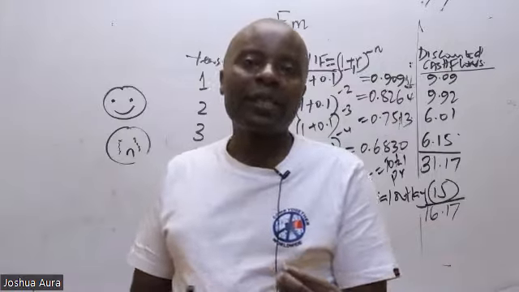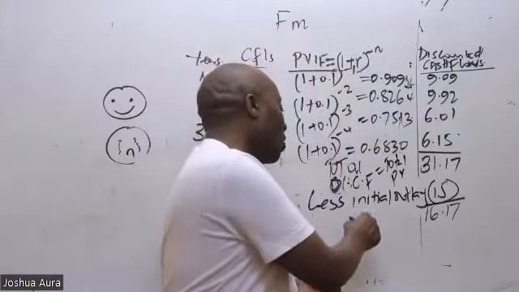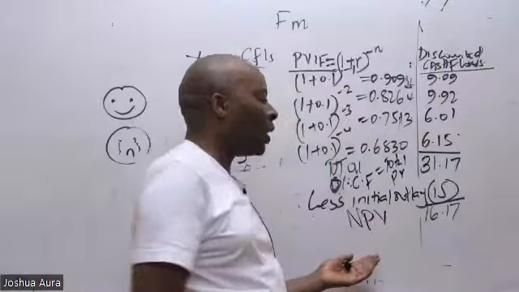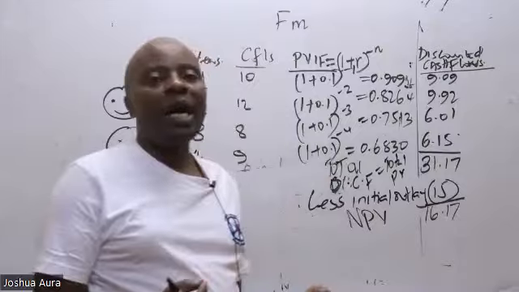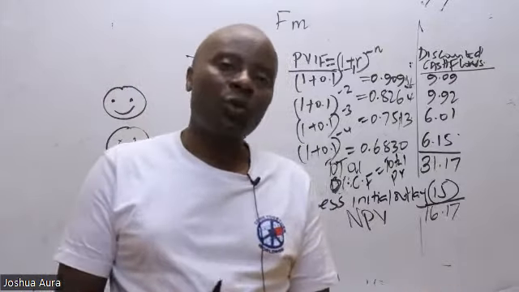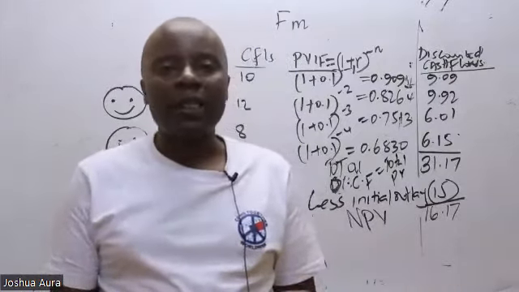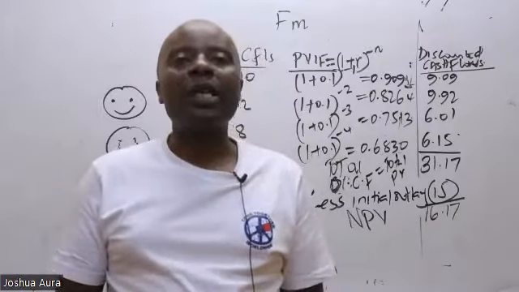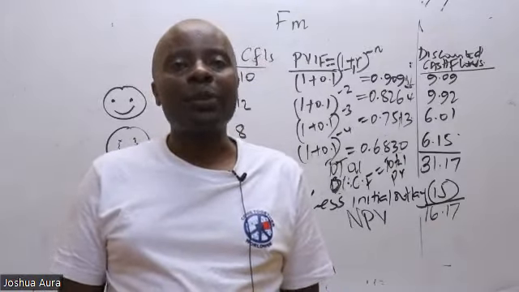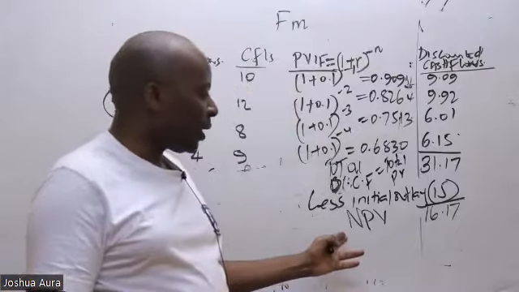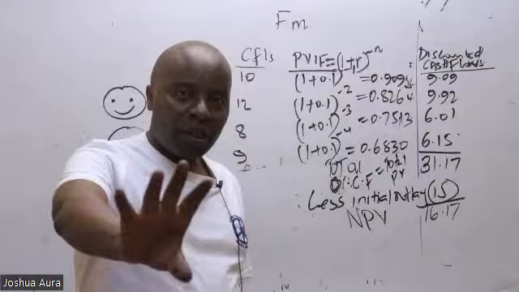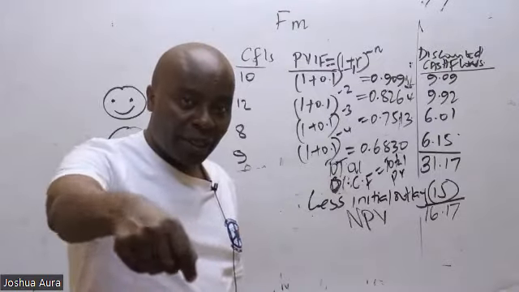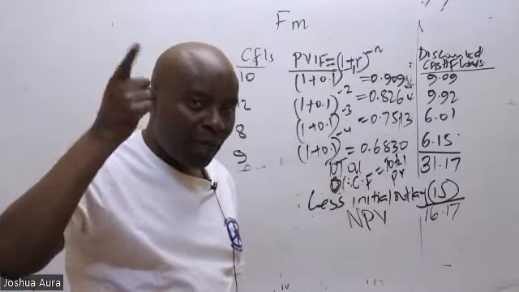So when I get this figure, of course, this figure is what I'll call the net. It's net of the initial outlay. It's the net present value. And of course, I know there is 1 mark to be earned out of advice. When it's positive like that, we should be able to conclude that this project is viable. You simply write here that since NPV is positive, then the project is viable. That advice statement can give you 1 mark.